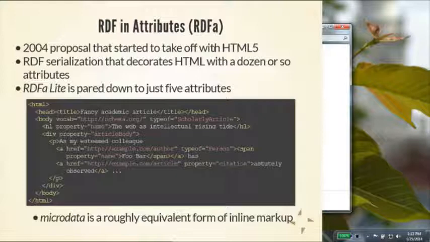So the initial standardization of RDFa had about a dozen attributes that were added to HTML with a lot of complex rules for using it. And in the world of evolution that is standards on the web and otherwise, Microdata came along and said, RDFa is way too complex. Here's about 4 or 5 attributes that you can use instead. Let's just use that. RDFa Lite said, you know what, we can do that too, and adopted the same approach.